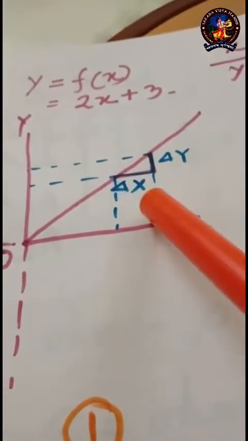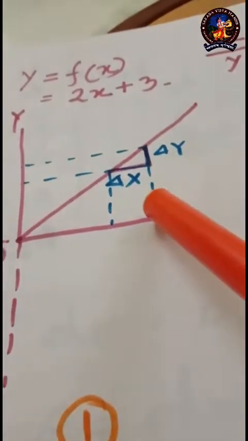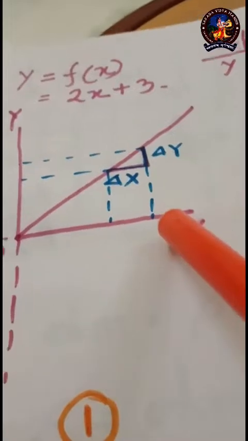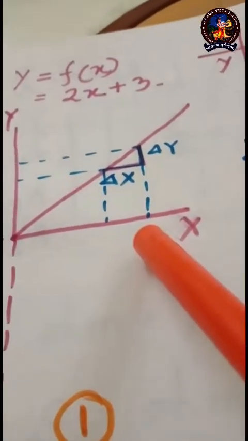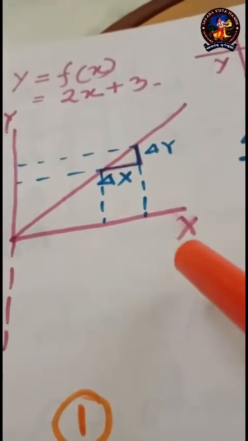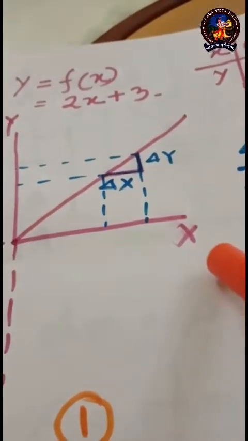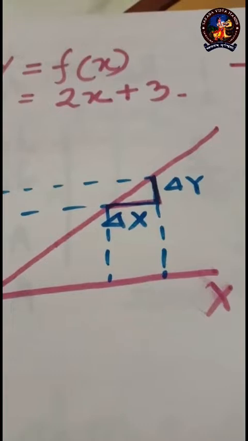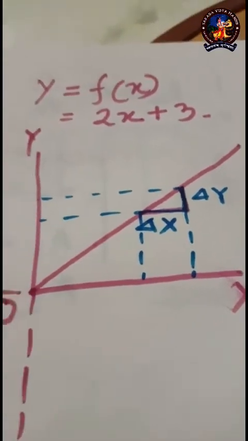And one more thing is very important, and I'll just go with that, that is the slope of a graph. And why am I discussing all these things? Because not only in this class, but for future classes also, these are the very basic things you have to understand. Now to get the slope of a graph, what to do?